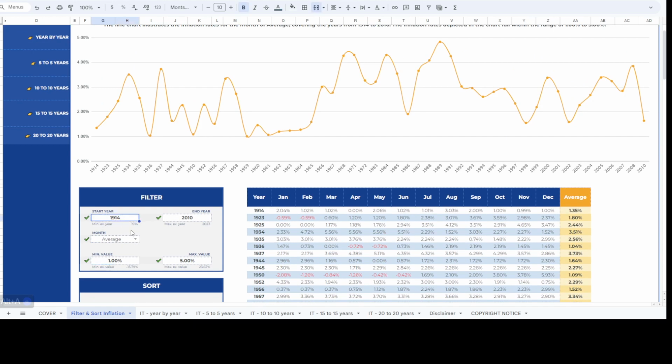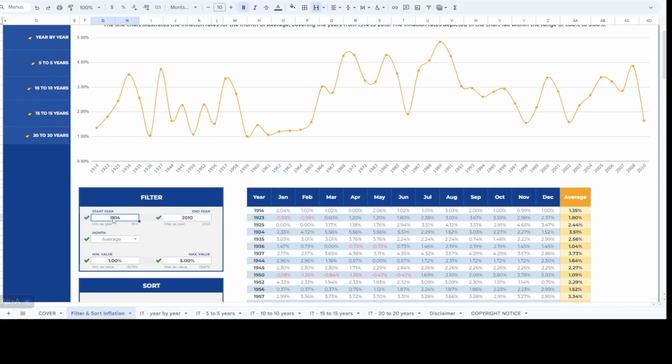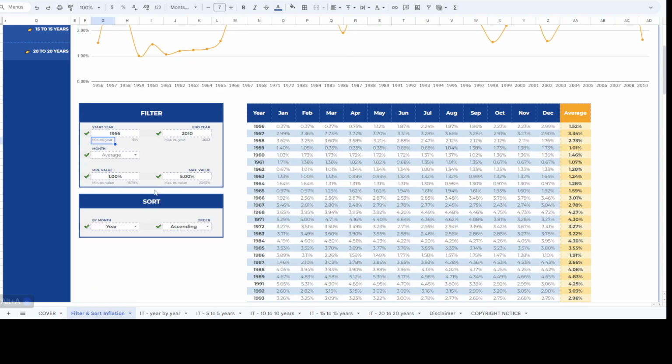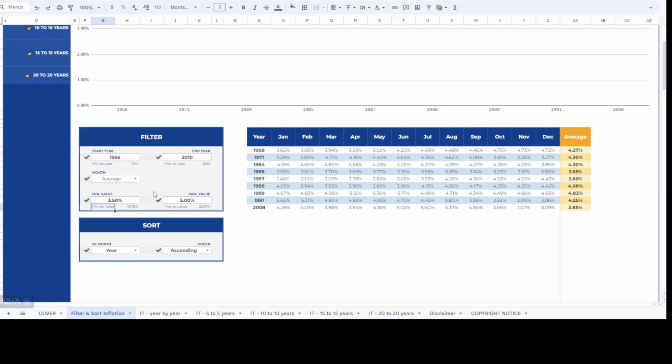So let's pretend I want to see again from 1950, not 56. Okay, everything is getting updated for the inflation rates between 1 and 5%. Let's make it a bit closer, 3.5. The table is getting updated. We have all the years where the inflation values for the yearly average, for this column, were between 3.5%